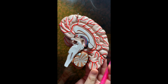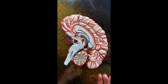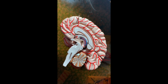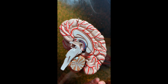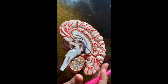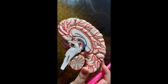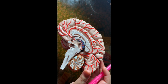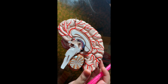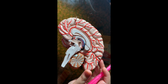So CSF is produced in the choroid plexus, and it's produced by the ependymal cells. Okay, so now let's look at the flow. So you have the different ventricles. Ventricles are these hollow fluid-filled parts of the brain. You have the lateral ventricle, the third ventricle, and the fourth ventricle, and all these ventricles have the choroid plexus, which produces the CSF by its ependymal cells,